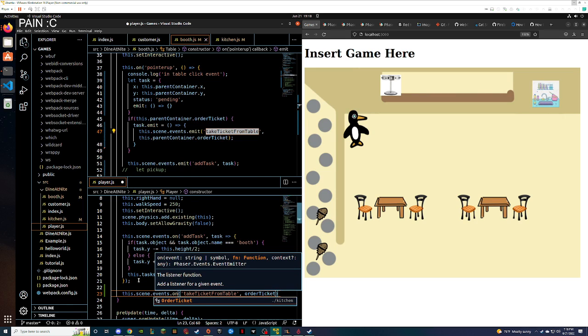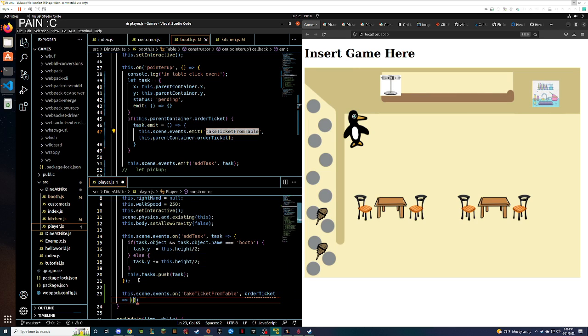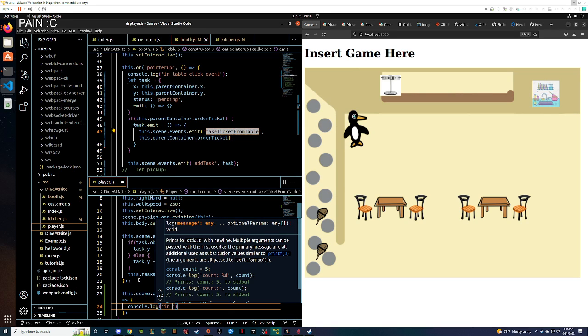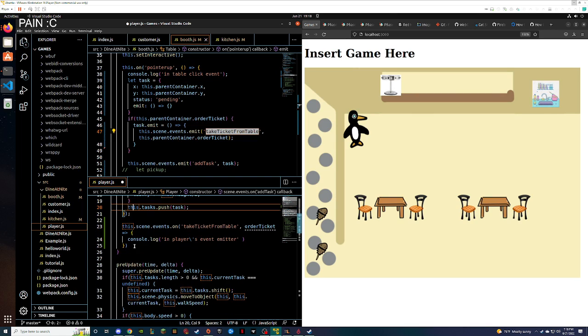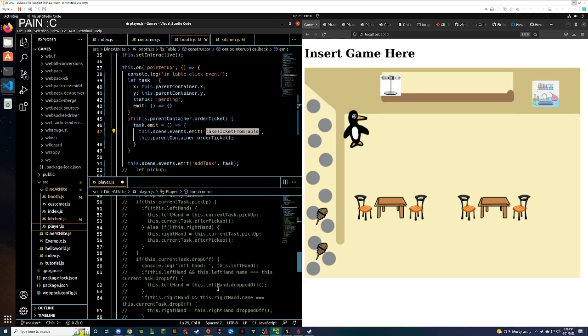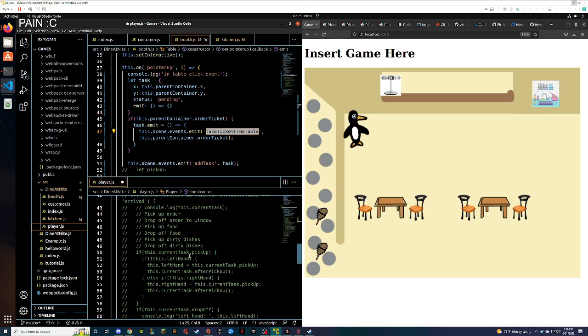Order ticket. In players. Oopsies. Event emitter. And what we want to do. That sets it to arrived. So what did the logic do here? We want to pick it up.